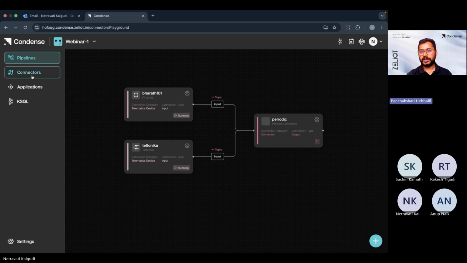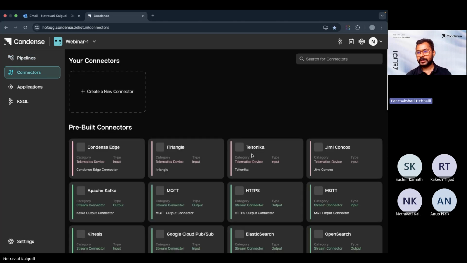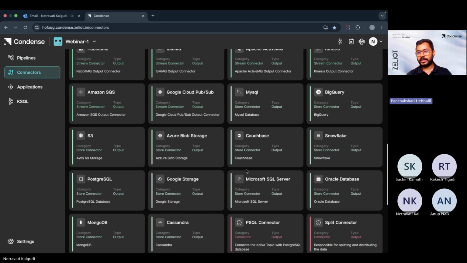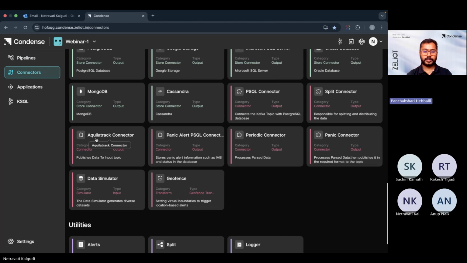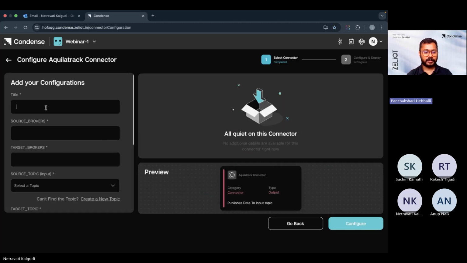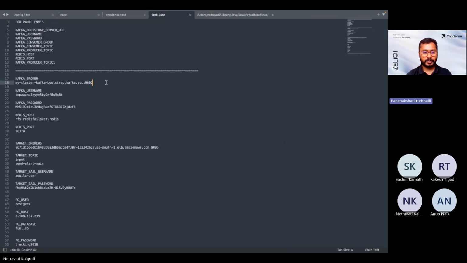So now let's proceed further with respect to the application building. Let's push this data onto a fleet management solution by using one of the connectors which is already pre-built. Please go ahead with the configuration. So now we could see that there is configuration required. All these are pre-built connectors